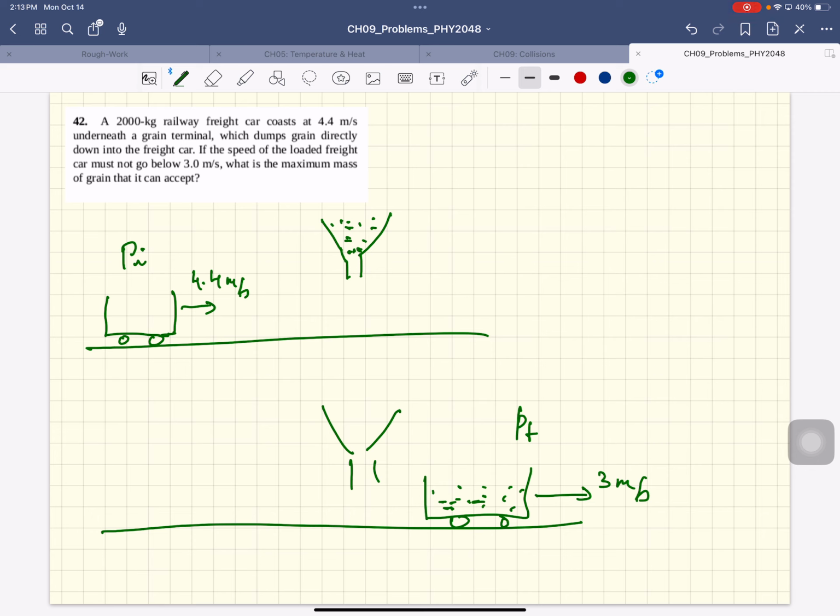So the initial momentum, with external forces adding up to 0, should equal the final momentum. So 2,000 kgs times 4.4 meters per second should equal final mass times 3 meters per second. So final mass works out to